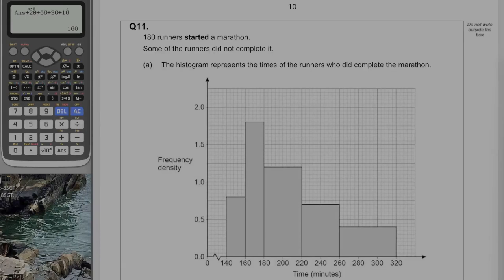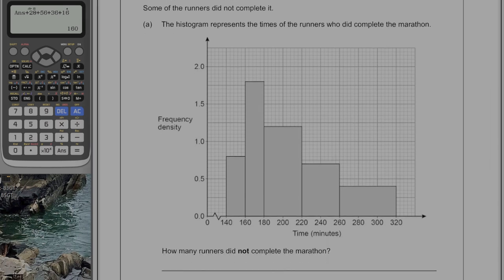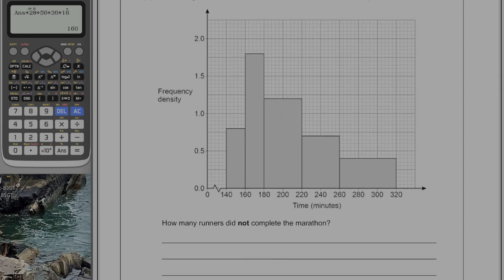Question 11. 180 runners start a marathon. Some of the runners did not complete it. The histogram represents the times of the runners who did complete the marathon. So we've got frequency density and we've got time. How many runners did not complete the marathon? Okay, so we need to do